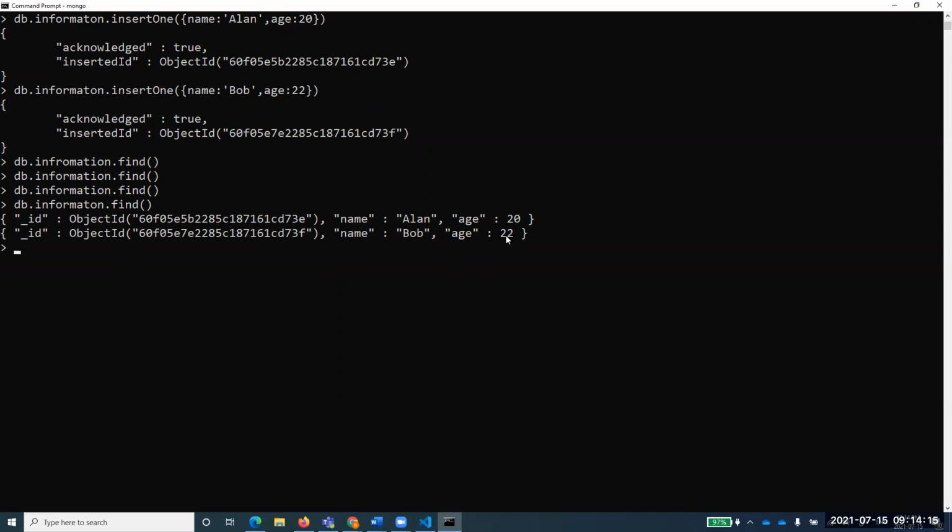Is that right? Now I want to insert multiple records, so let's try to do that. There is a function for that, and that is called insertMany. These are all the default functions that you can use, and I will explain shortly what these functions mean. Now what I want to add here is multiple records.